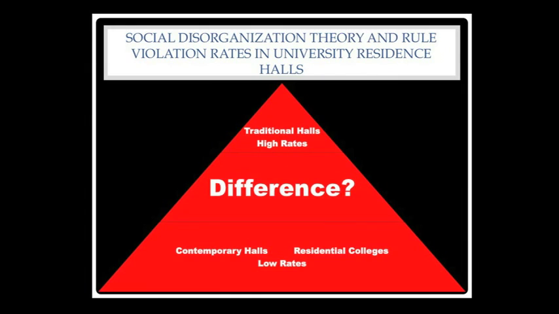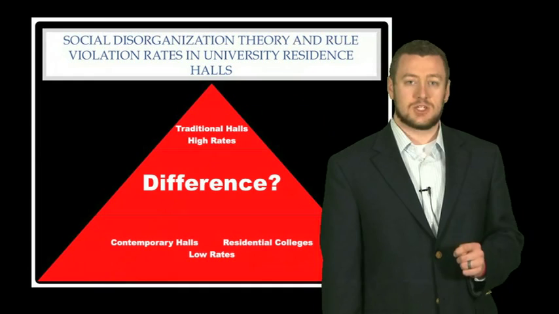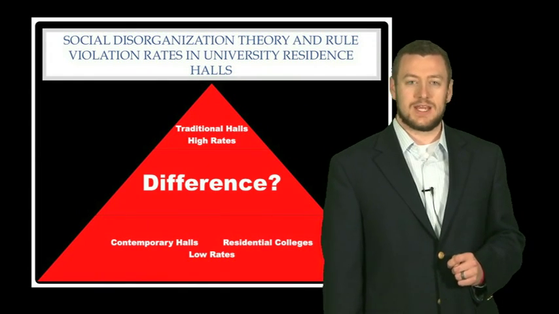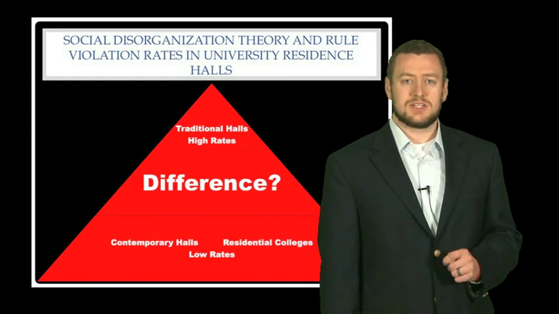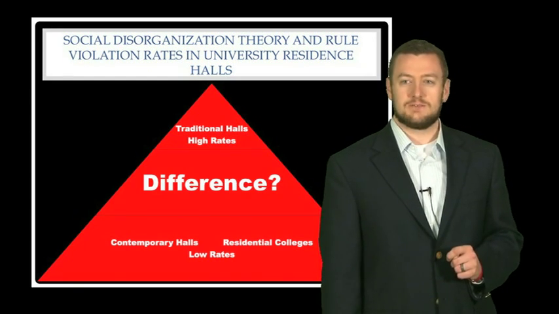70 years later, I asked a similar question about rule violations similar to violent, property, and drug and alcohol crimes at the University of Mississippi. I wondered, could the same diversity of residents that described social disorganization in Chicago explain the violation rates in the residence halls of Mississippi? If the theory applied, the halls that promoted populations with shared interests and values should have